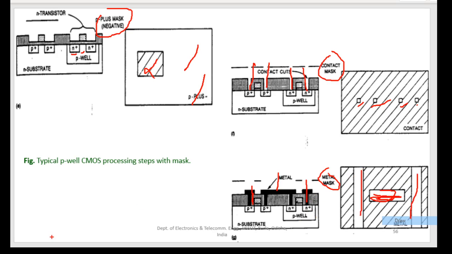Okay, so try to imagine how it would look from the top side. Okay, so this is the side view. Okay, and this mask is shown from the top side. When you look from the top, how would the mask actually look like? Okay,